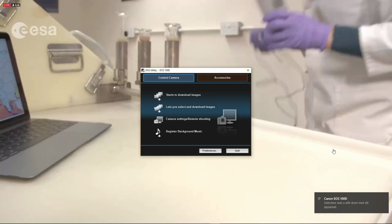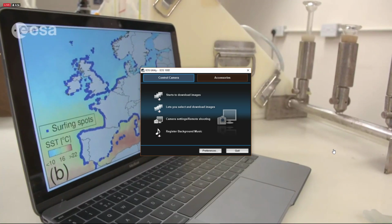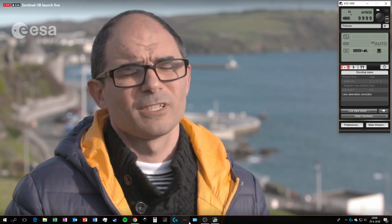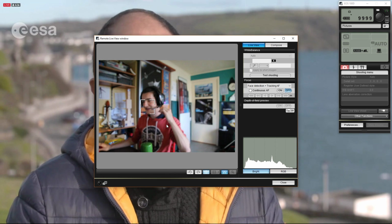Plymouth Marine Laboratory is working to determine whether plastic and rubbish accumulation in the ocean can be detected from space. We are going to do a horizon scanning with all the technologies that are available from Earth observation, and we are considering